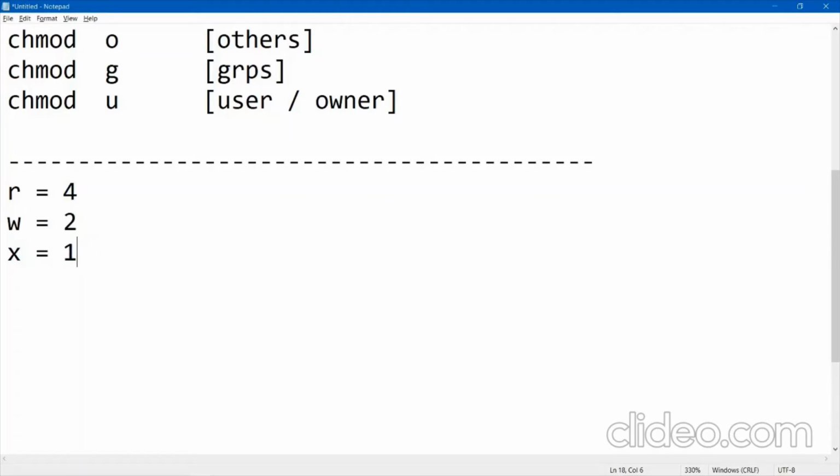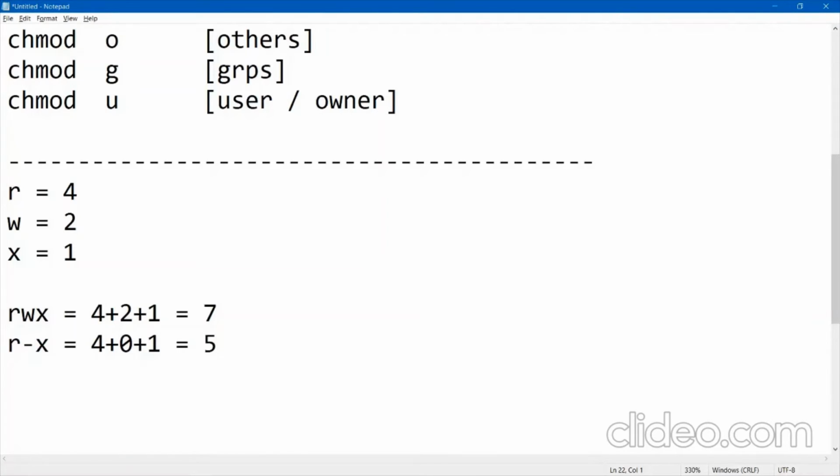So if you total this number, how much? 4 plus 2 plus 1, how much? If you want to give one file, you can read, you can write, also you can execute, which means you have the number 4, you have the number 2, you have the number 1. How much number we got? 4 plus 2, 6 plus 1, that's 7. Now you got it. So now tell me, if I want one file can read, cannot write, but can execute, how much number will the file get? It will get 4 plus, he cannot write, it means 0, plus execute, it means 5, isn't it?